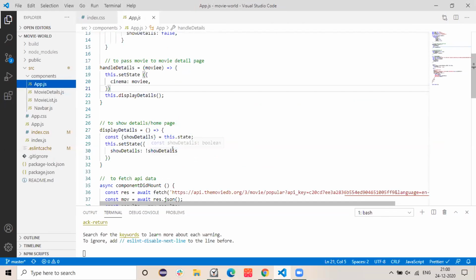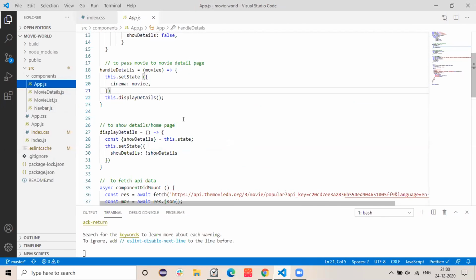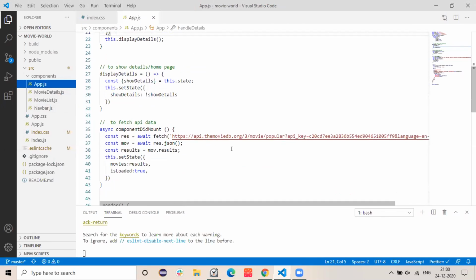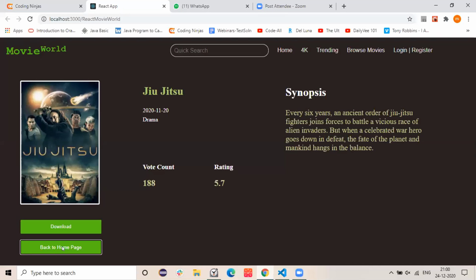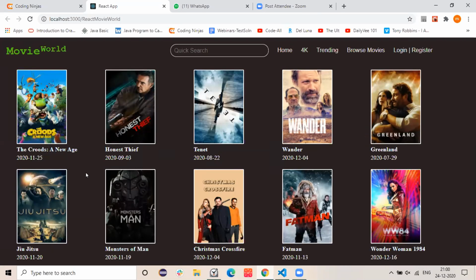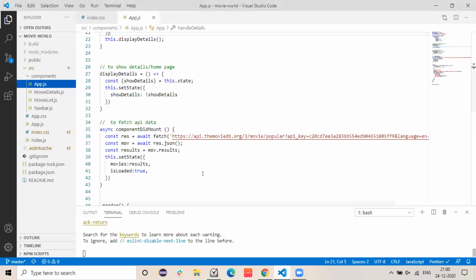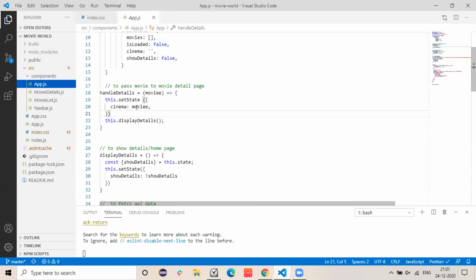What is the use of the handle details function? When the user wants to see the details of one particular movie, we should pass the movie which the user wants to see.